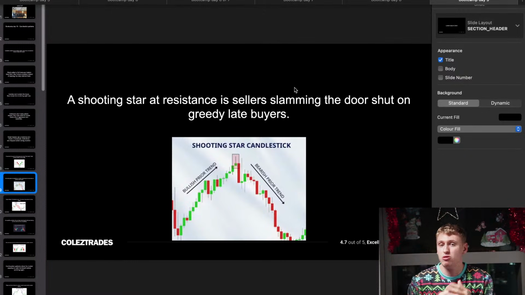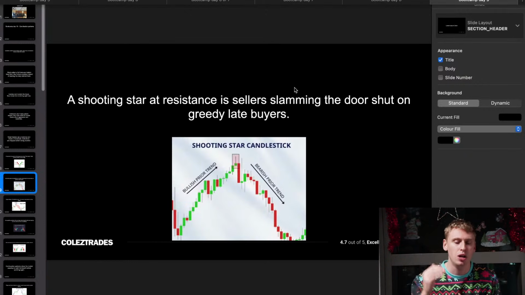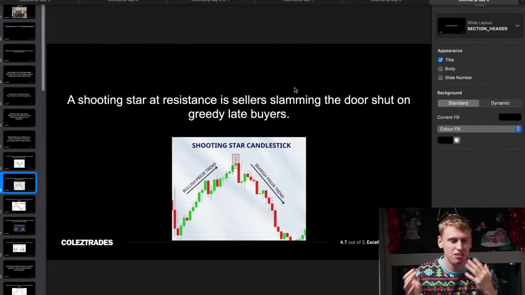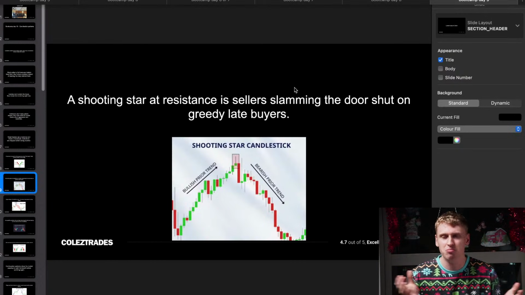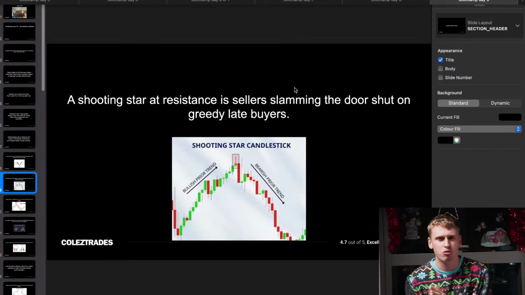Scalpers use it, swing traders, intraday traders, all types of traders, and they might not know. For a long time, I didn't know that this was a hammer or this was a shooting star candle pattern. I didn't know those candlestick names. In the crypto space, I got into trading through crypto,